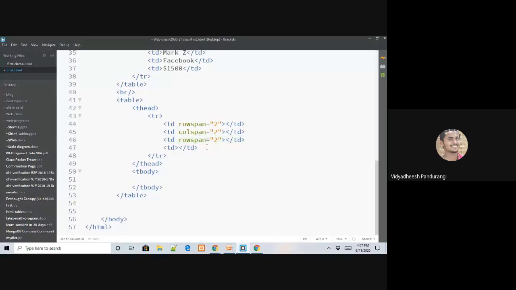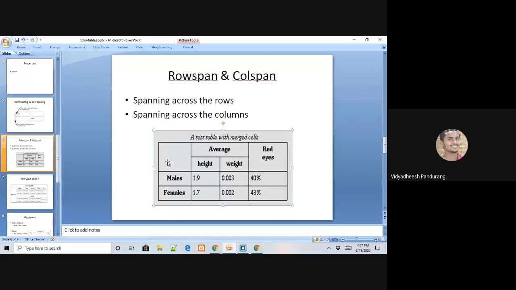Okay. So do I need the 4th cell now? Is it required? So this is my first cell. And this cell will cover 2 different columns of my table. That is, it is covering 2 cells together. And this is my 3rd cell, or in fact the 4th cell. Okay. So only these 3 are enough to draw the first row of my information. Right?